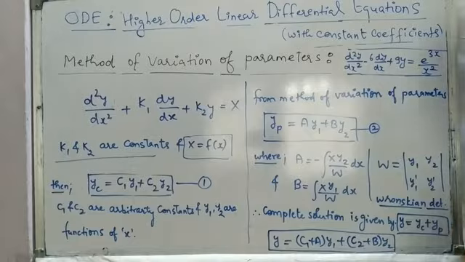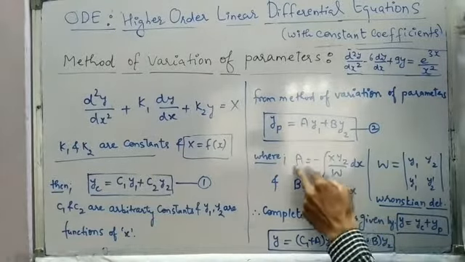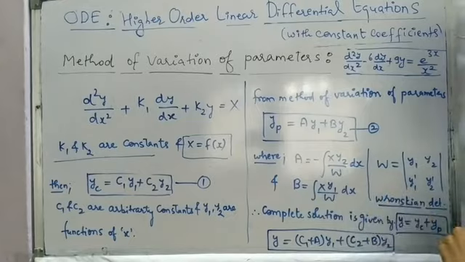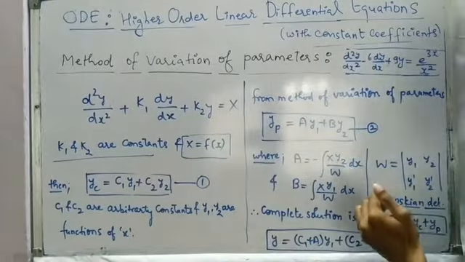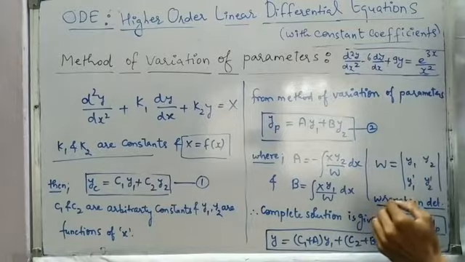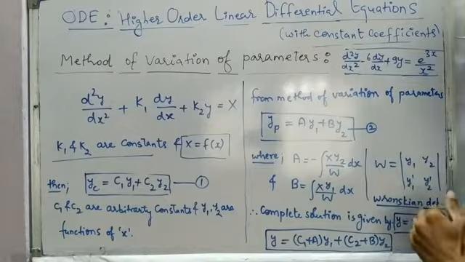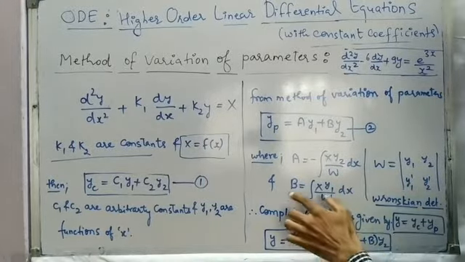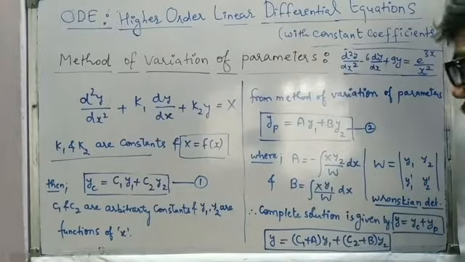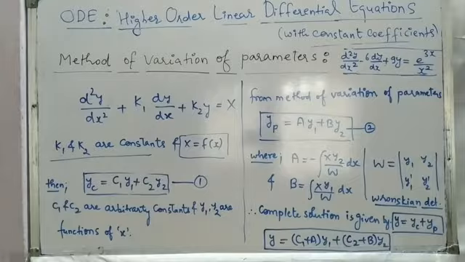So this is going to be named the Wronskian determinant, and the calculation of A and B is going to include integration of X. This X now comes into the picture, because we are going to calculate the particular integral solution part. So A is the integral of X into y2 divided by this Wronskian determinant, whatever we get out of this, we have to make use of here. And this capital B is going to be the integral of capital X y1 upon the Wronskian, and the whole integration with respect to dx.